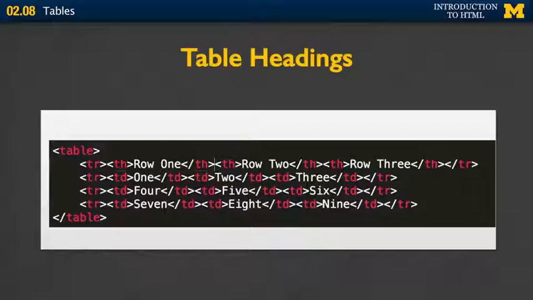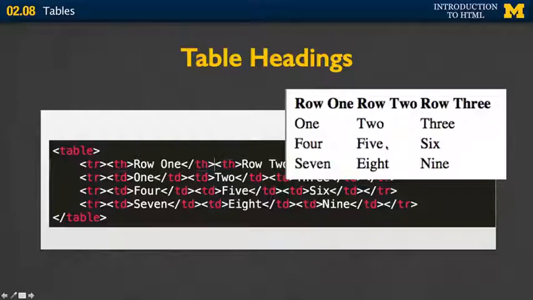So here, these 3 lines of code are exactly the same as before, but I've added one new row where instead of TD, I have TH. So I have row 1, row 2, row 3, etc. And what you can see here is that what we get is this nice little table heading at the top of each one that both visually lets the user know that these are headings, but also semantically conveys that